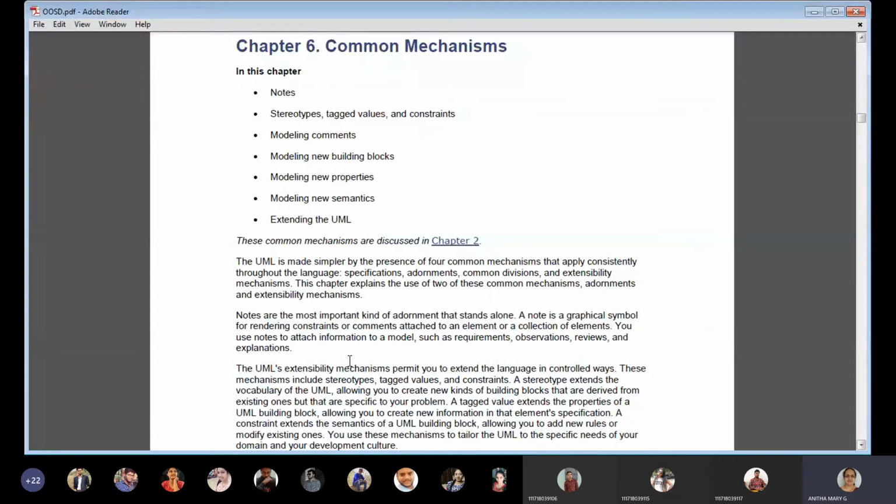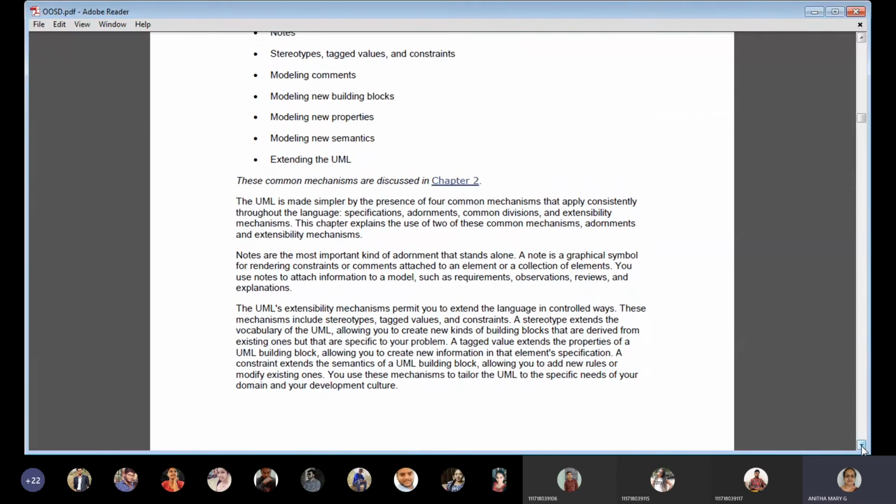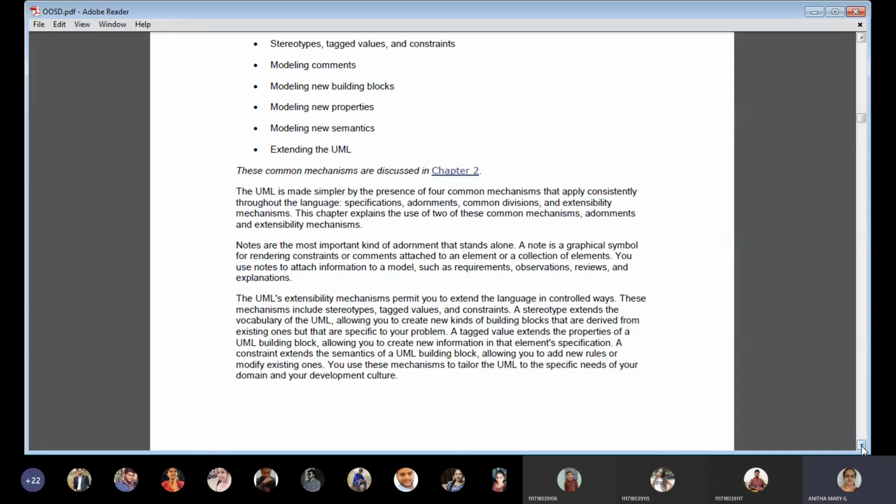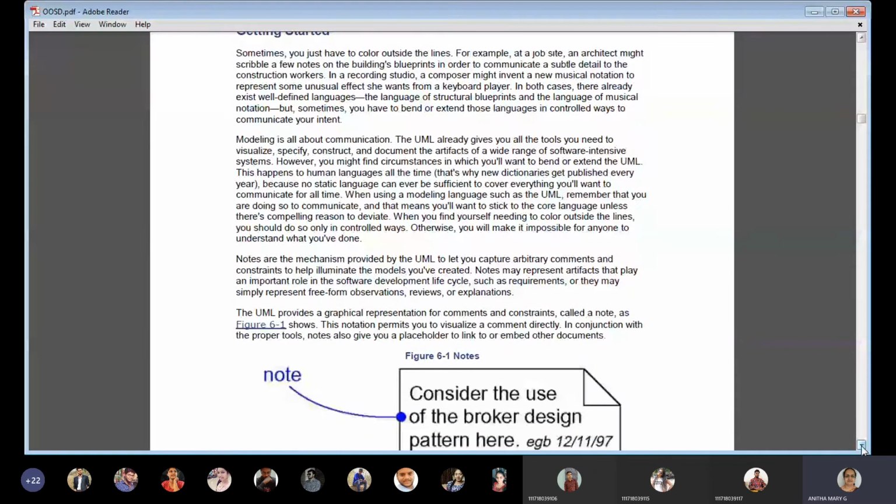Yes. So with this basic knowledge from the basic building blocks, today we are going to learn common mechanisms in detail. Okay. So as I told you, each chapter is divided into 2 parts. The first part is about terms and concepts.